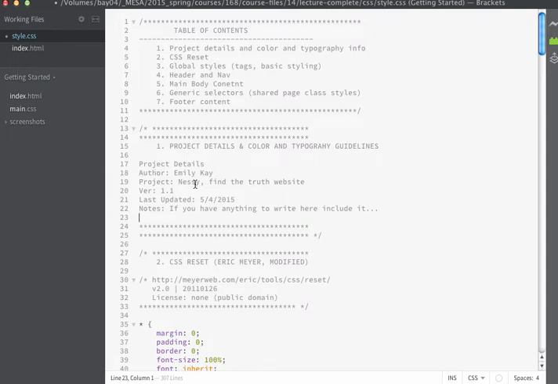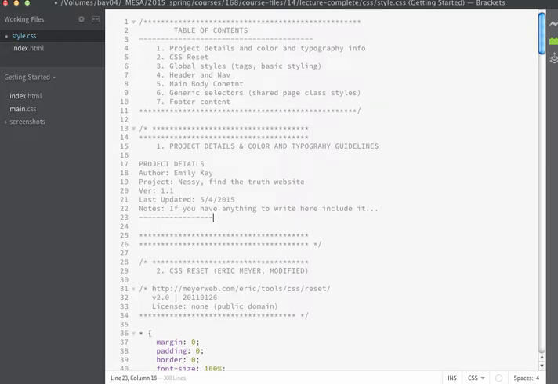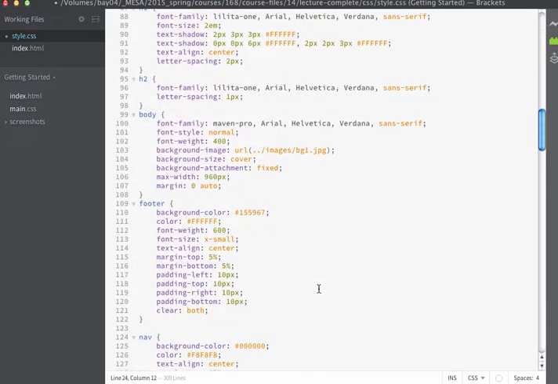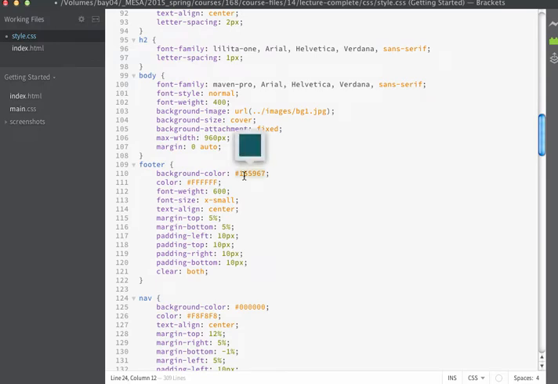So again, this just is like a nice way that you can call out these areas of your site. And then once I have the project details, I like to kind of separate this area with just some dashes or something other than asterisks. And then I'm going to go ahead and I'm going to set up my color guide. And I find it really helpful to have an area that will specify all of the colors that are being used inside my site, because a lot of times when you're working on a website and you'll start to find these hex values and you're like, what is